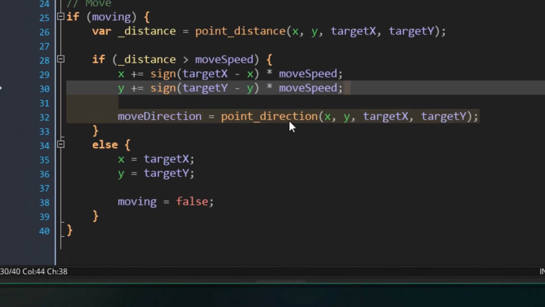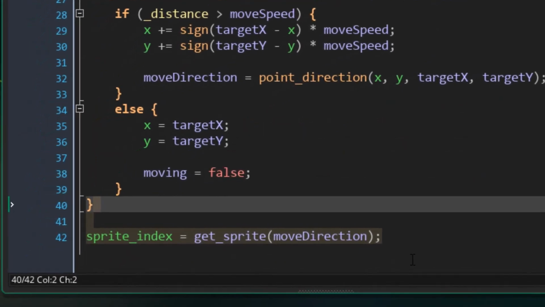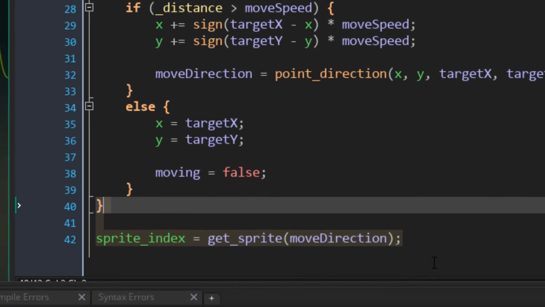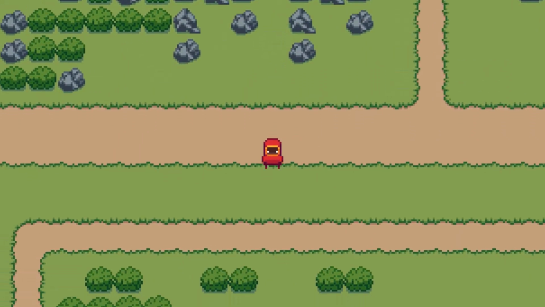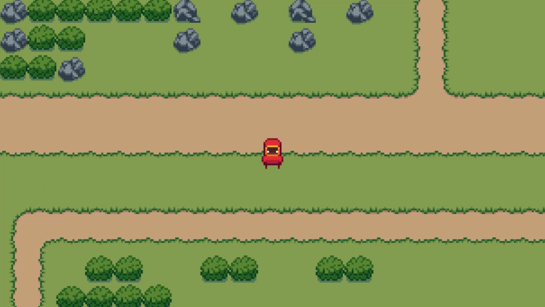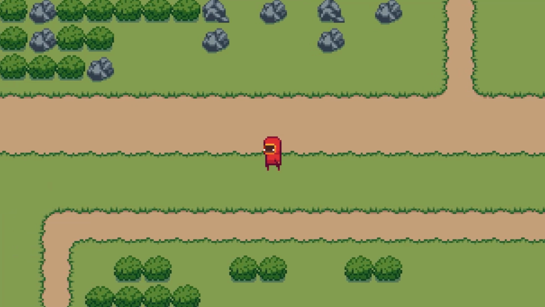So at the end of the step event, I'll add this. Here we are running our getSprite function, and passing in the move direction variable as the direction. The function will then return the sprite that the player should use based on the direction, which we will apply to the sprite index variable. This variable stores the sprite that the instance is using, so changing its value changes the sprite of the instance. Let's run the game now. You will see that the player turns when we move, so that part works. However, it only shows the idle animation, and that's happening because we are not actually changing the state yet,